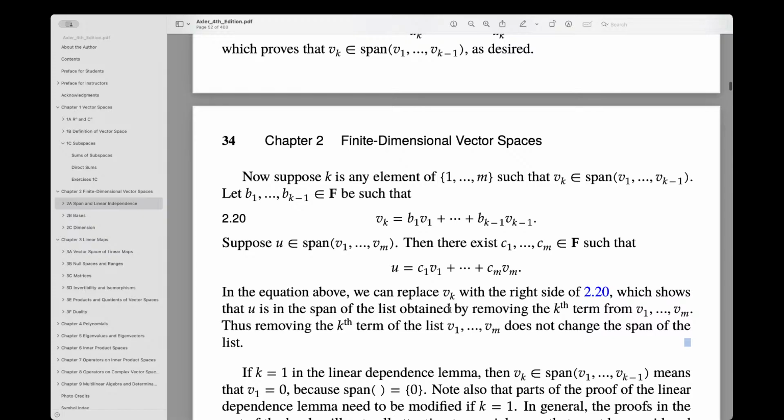You can kind of go through, yeah? I got a quick question. So in the first part of the proof, to show that vk is in the span, when you divide all the other coefficients over ak, that only works if the quotient of them is also in the field. Well, correct. Luckily, this is